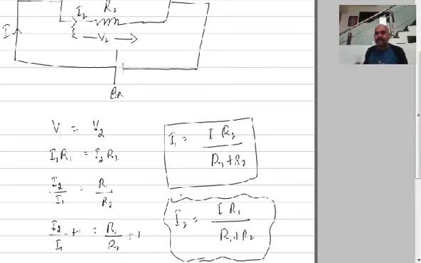So dear students, today we have learnt about the cells, internal resistance, electromotive force, terminal potential difference, and Ohm's law applied to a simple circuit, that is the current I is equal to E divided by R plus r. Also we learnt about resistors in series and resistors in parallel, and importantly the branch current formula. So by this we end this session.